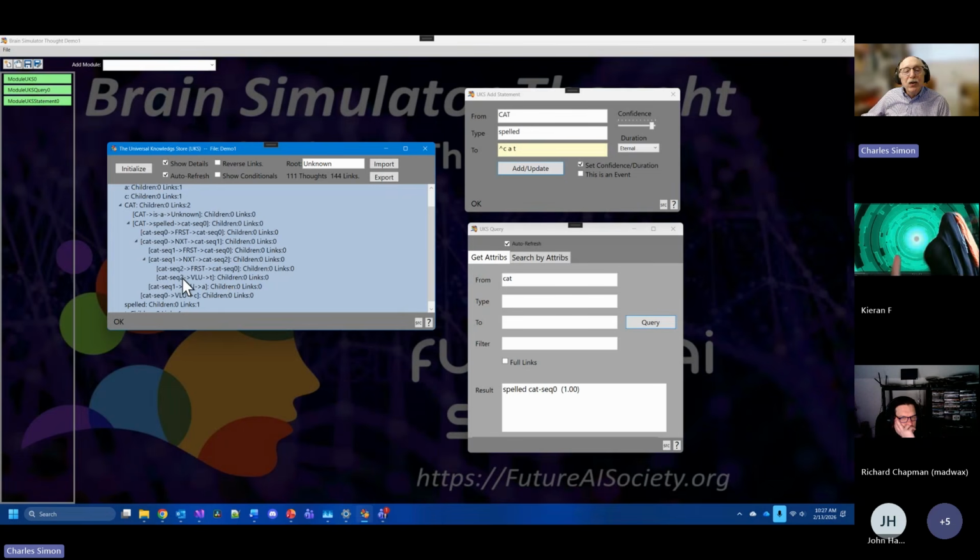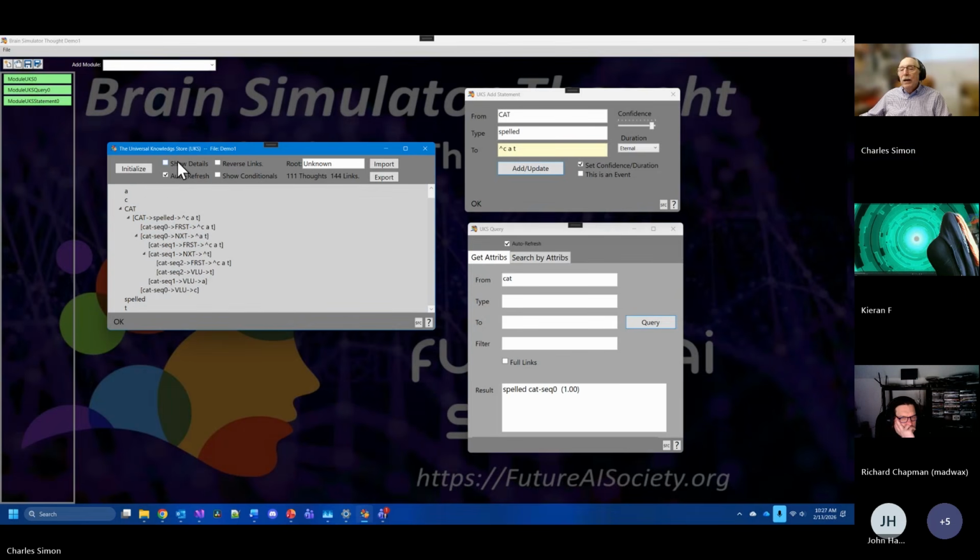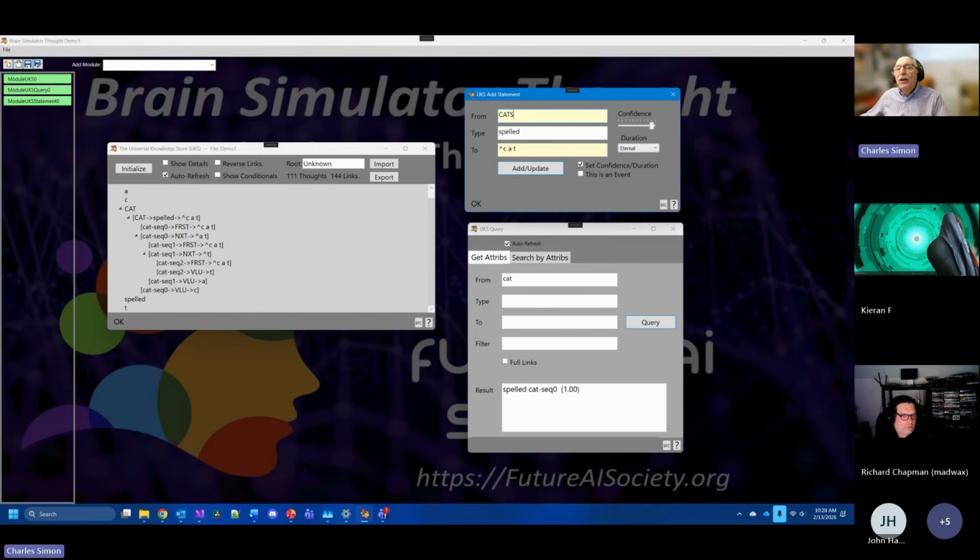And cat sequence 2 has a value of T and no next pointer, and cat sequence 1 has a value of A, and cat sequence 0 has a value of C. So that's how it's being built internally and knows how to spell cat. Any questions yet? Okay, moving along, suppose you wanted to spell cats.